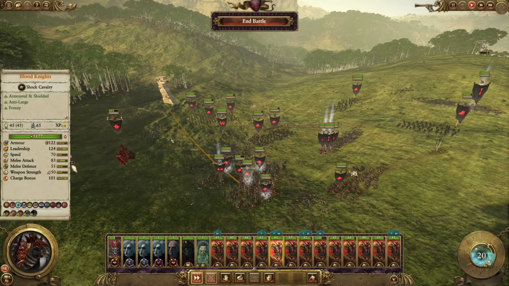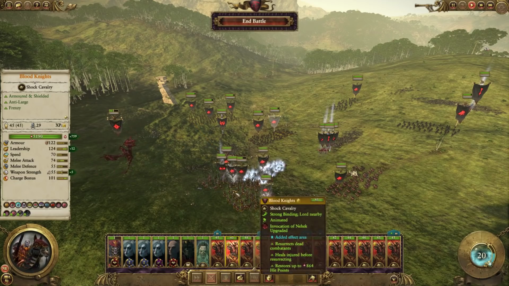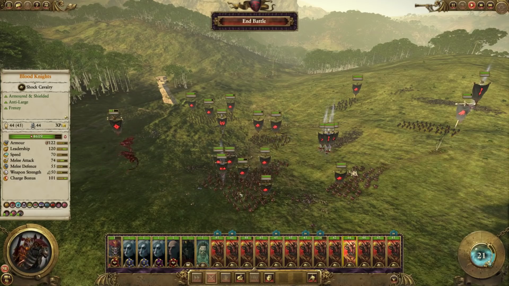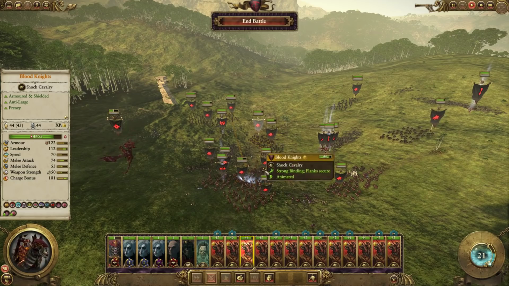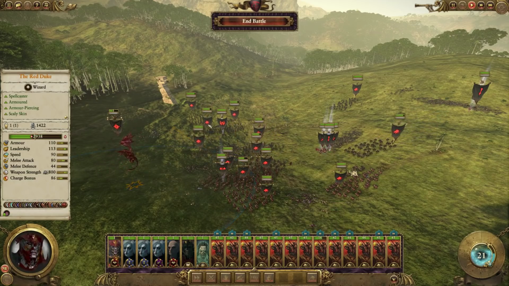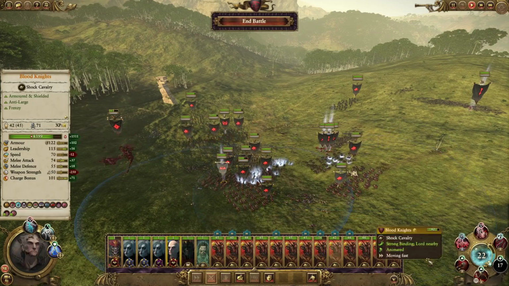Get him out. With haste. Swiftly. Another great thing about the vampire counts, doing this after the battle. With haste. Blood dragons. Darkness comes. We must have blood. Swiftly. Swiftly. Blood. So hopefully we can make it so these guys here end up with absolutely no damage done